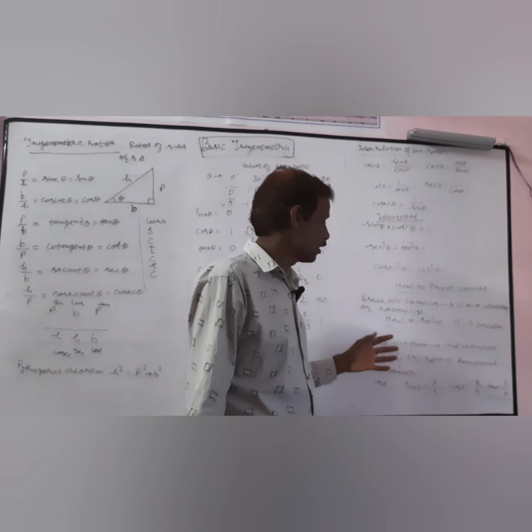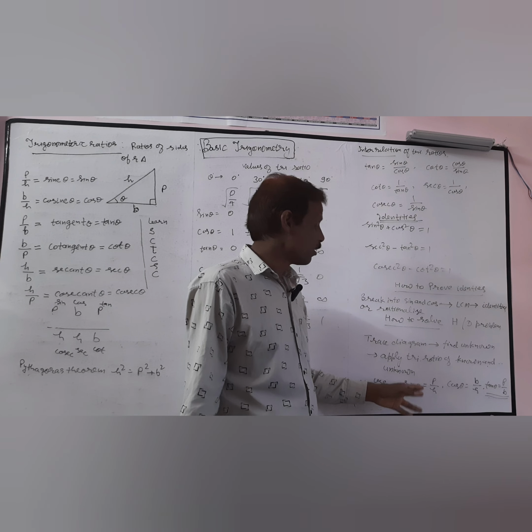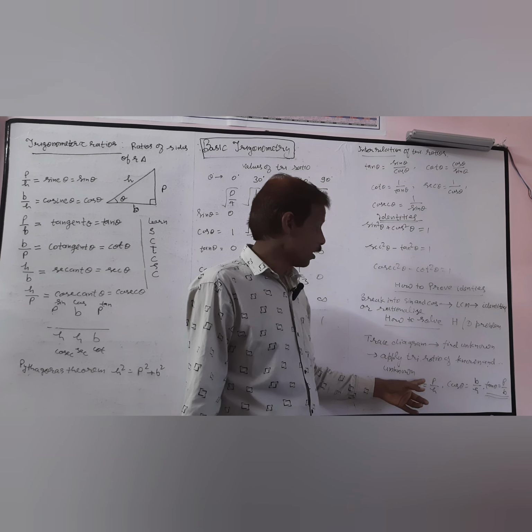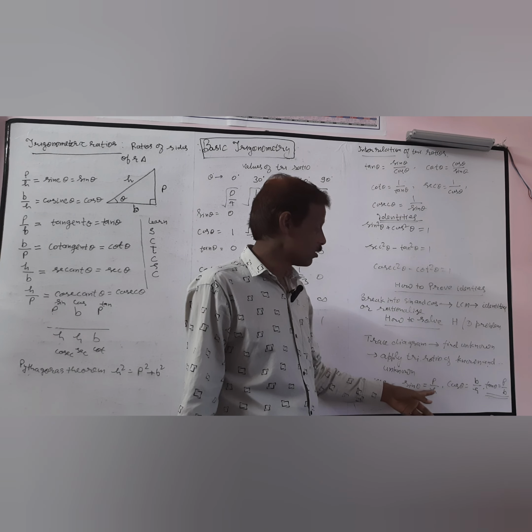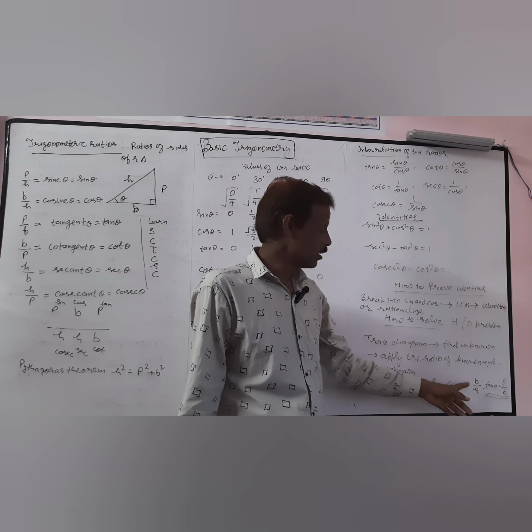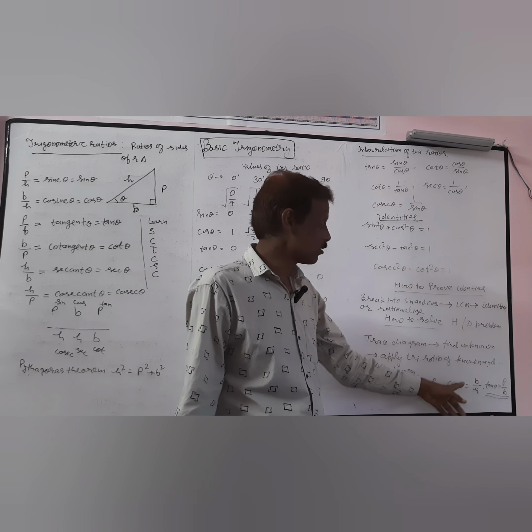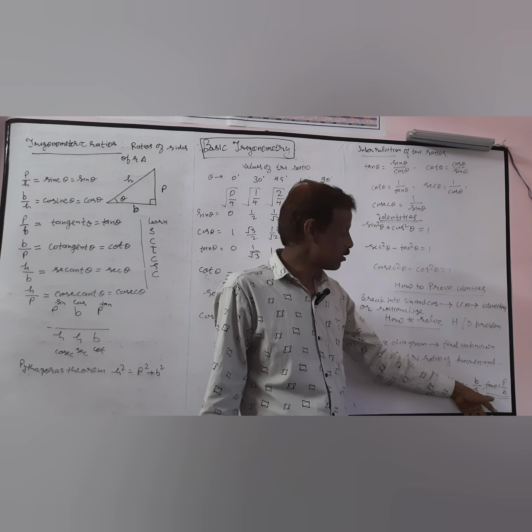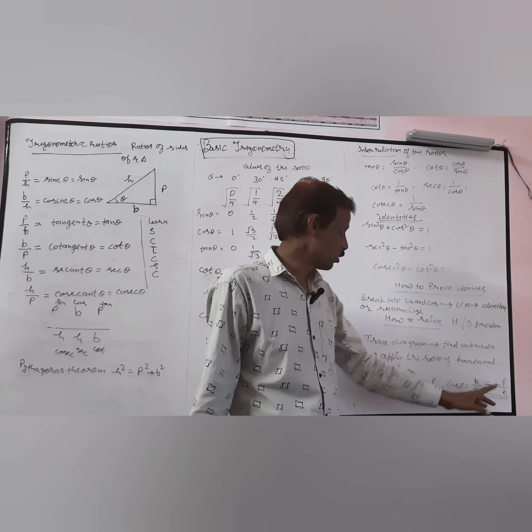Another question is related to height and distance. To solve height and distance problems, we have to use this sequence. First draw the diagram, find out which is the unknown side and which is the known side, and find which ratio will be applicable. For example, if the perpendicular is given and the hypotenuse is asked, use sin. Similarly, if the hypotenuse is given and the base is asked, use cos. But the most utilizable formula is tan theta, that is P upon B.